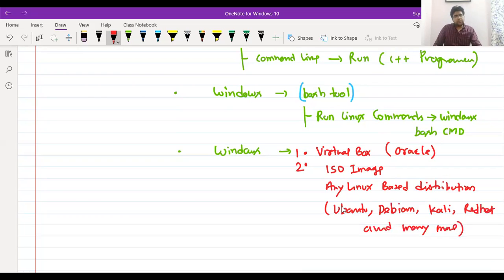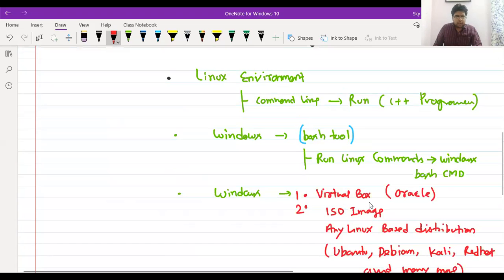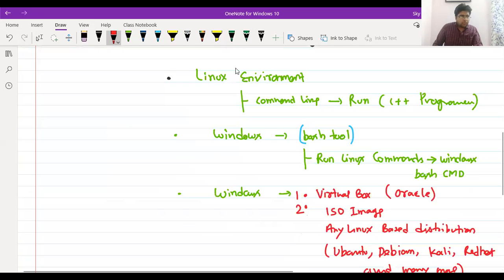There are a lot of Linux-based distributions, free of cost. I think there are some paid versions as well, but you don't need those right now. Simply go with the free versions. Ubuntu or Debian, and Kali is for cybersecurity. It is very commonly used wherever you are doing hacking or such kind of cybersecurity work. People usually prefer Kali, and this is the overall scenario. So this is prerequisites. It means even if we are going to write a simple C++ program, we need such an environment. So my recommendation for all of you is